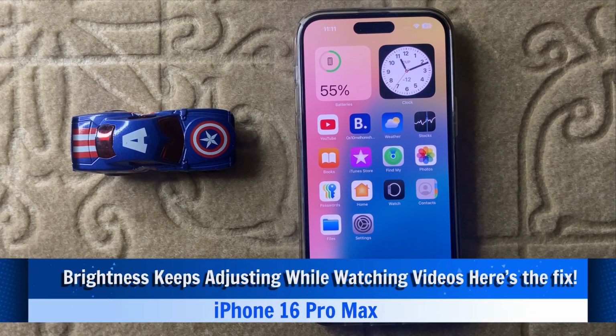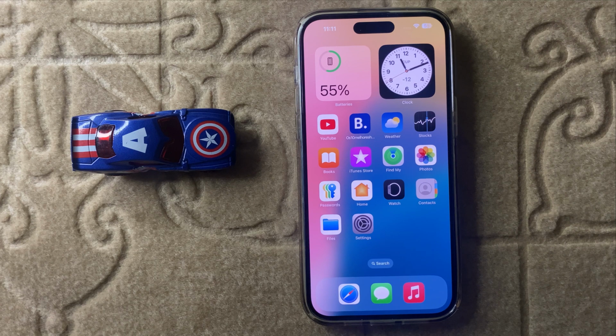Hello everyone, today in this video I will show you how to fix brightness keep adjusting while watching videos in